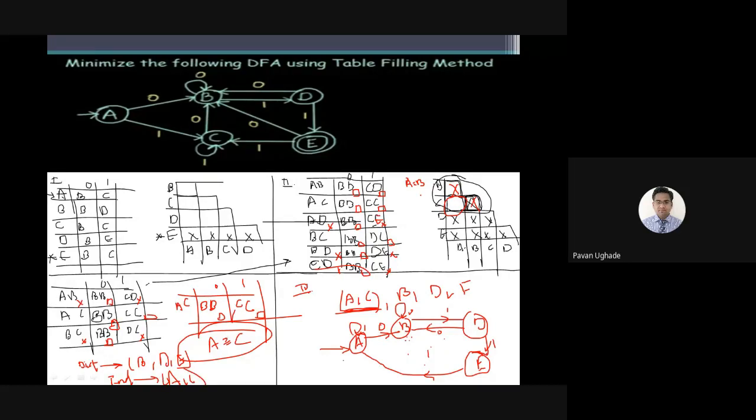And at the last, when you draw this, don't forget to draw the machine equation. What is the machine equation? You know the 5 tuples. First tuple is the state. How many states you have right now? It is A, B, and C will not be there, D and E. Out of this, which is your transition function, which is your initial state? Initial state is A. What is your final state? It is E. Okay, is there something missing in the tuple? State, and what are the alphabets? It is 0, 1. That's it.